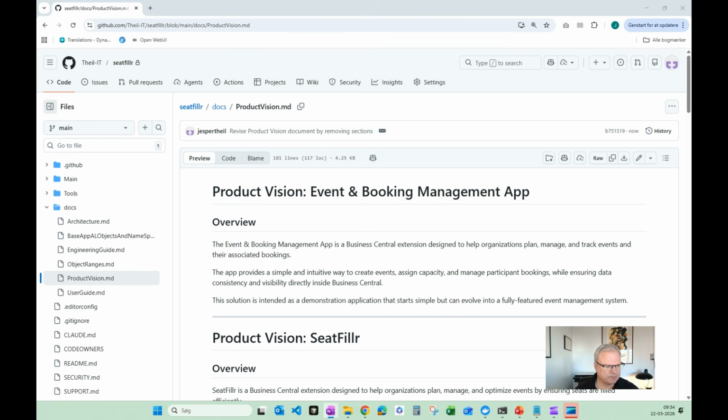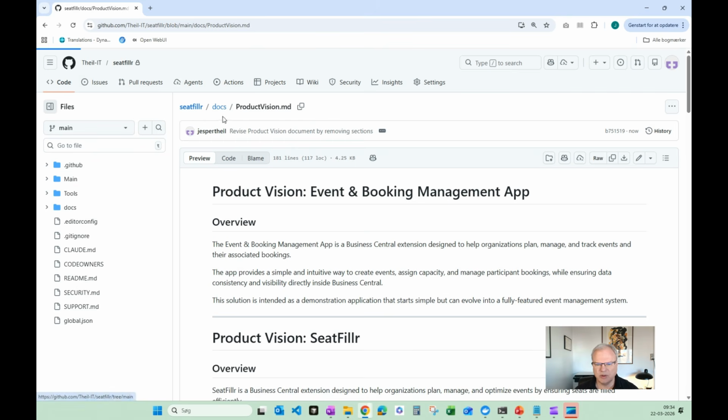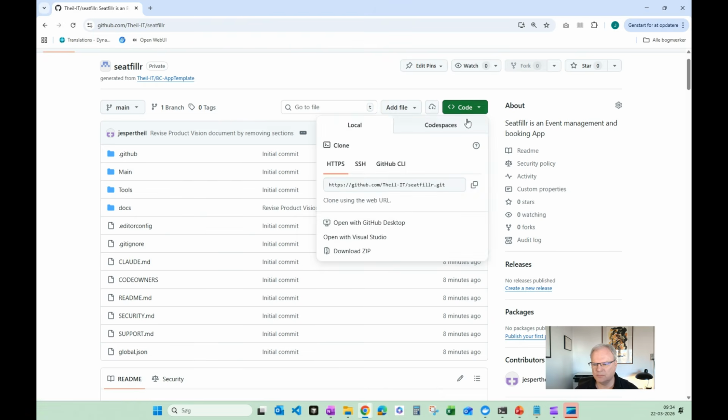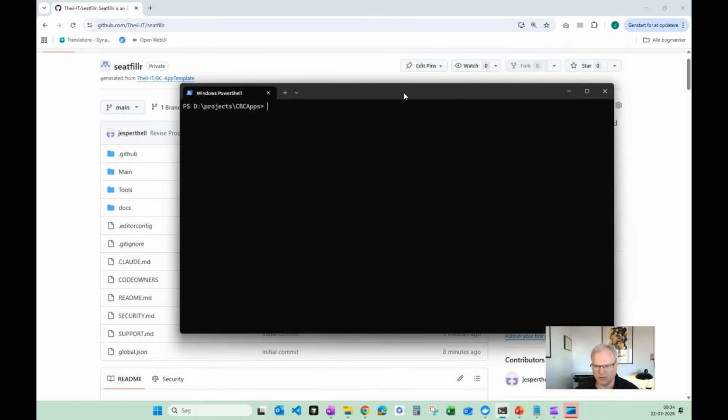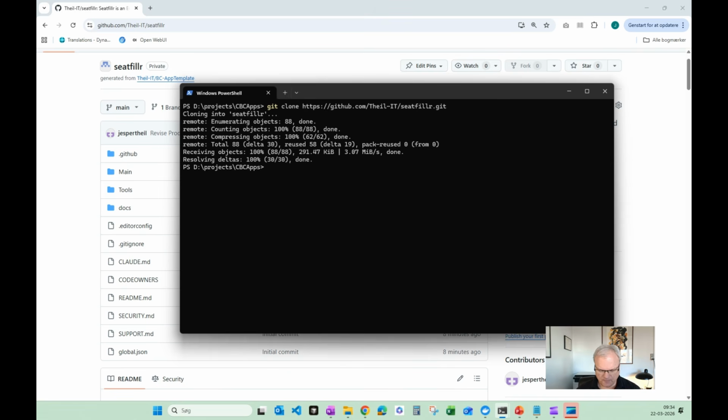Those are all of the stuff that we need to change here at the high level in the repo. The rest we can do in the BC project itself. So let's do that. Just copy the GitHub URL here, and then we can clone the project locally. I have my projects folder that I use here, so I'll clone the seat filler app,